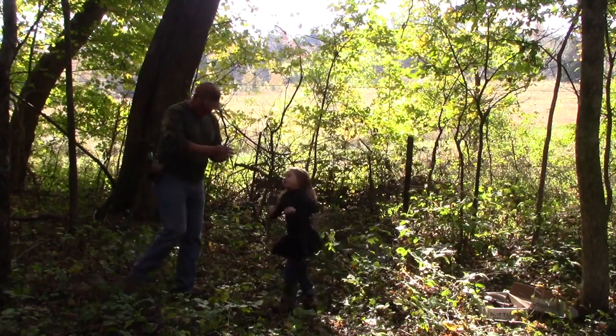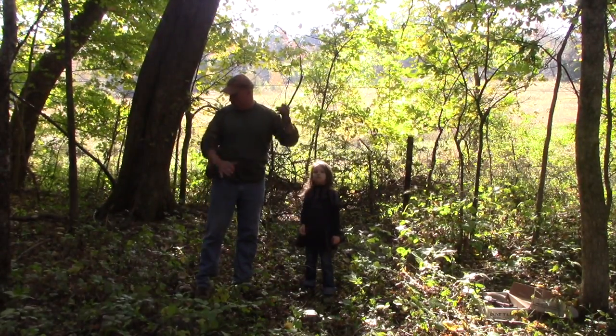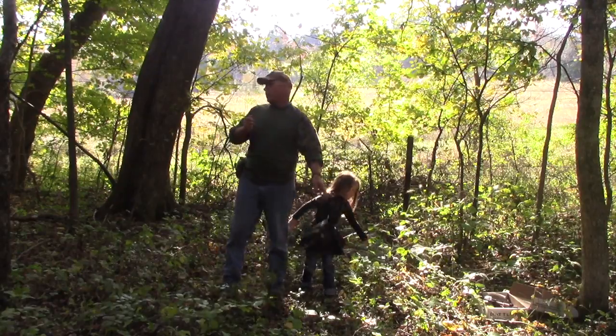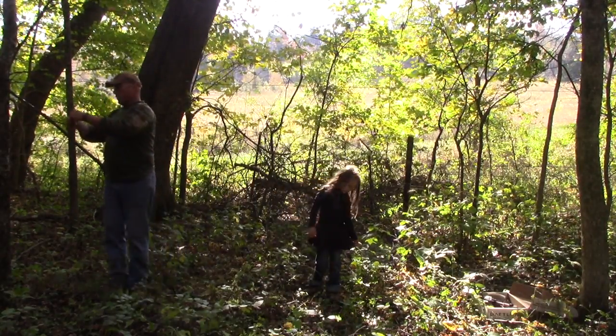So what I like to do, get this paracord untangled here, is run a second ridge line, and then about every foot or so,